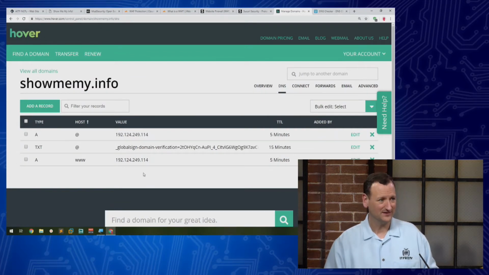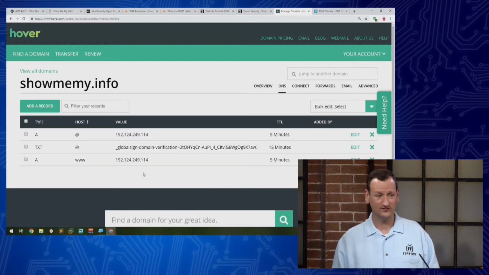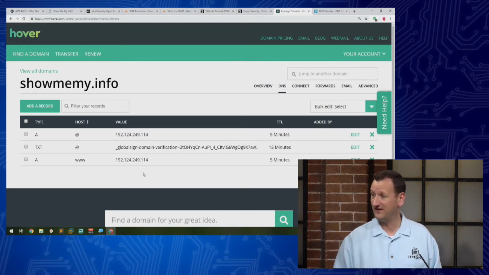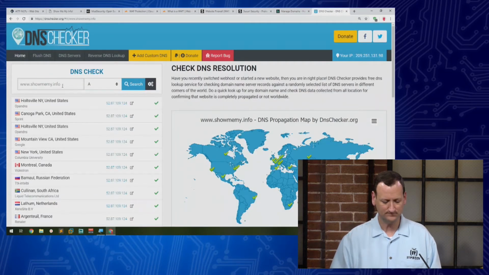I've changed the record. I've changed that on my DNS servers. It's updated, so out there in the real world, people who've never looked up my server would look it up and immediately get this new address. But if somebody's looked up my server in the past, they may have the old value cached, and they'll still get that. So if I jump back over to DNS Checker, and I do that search,